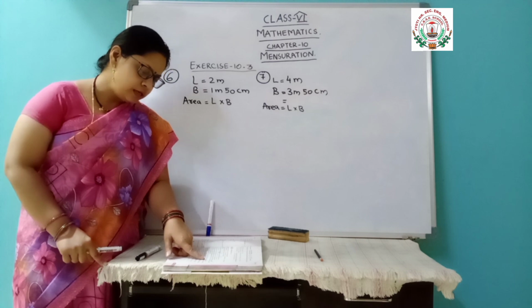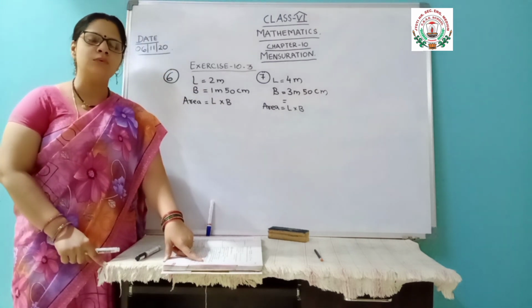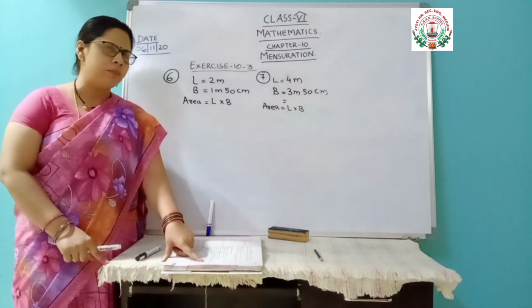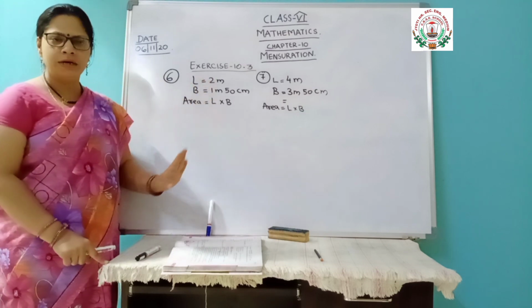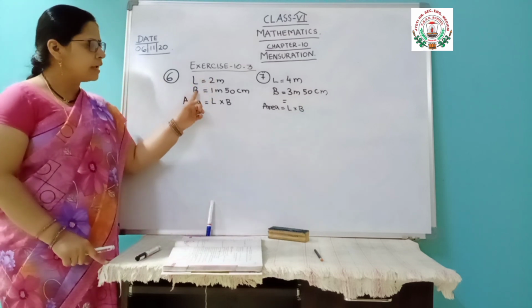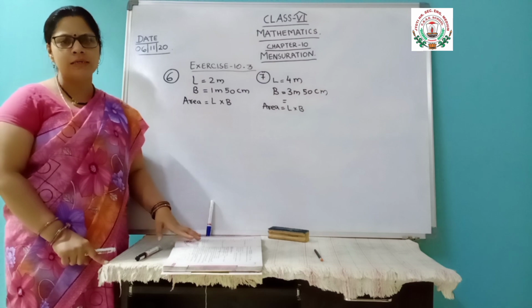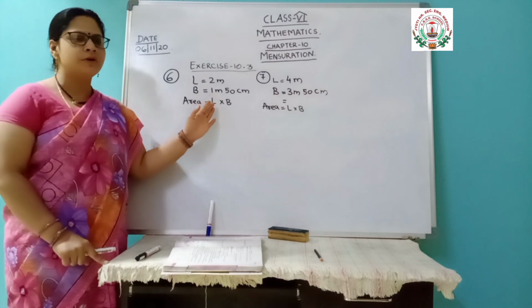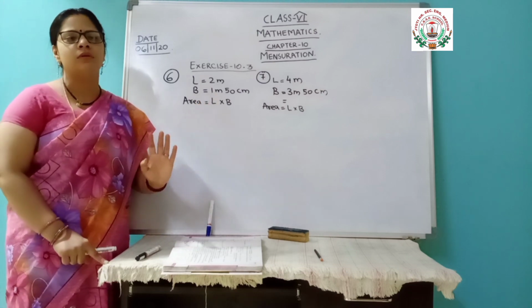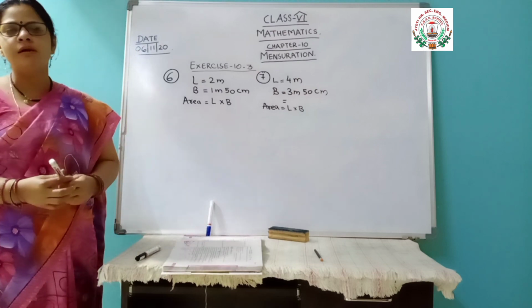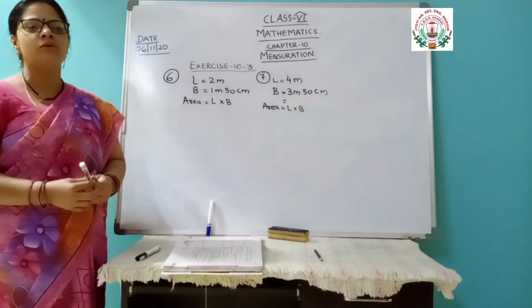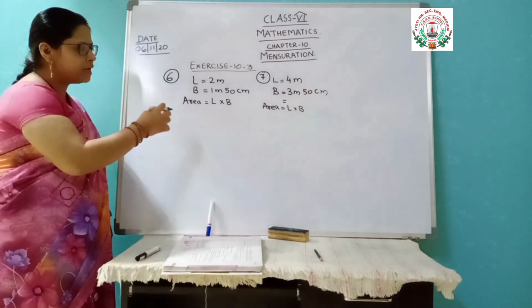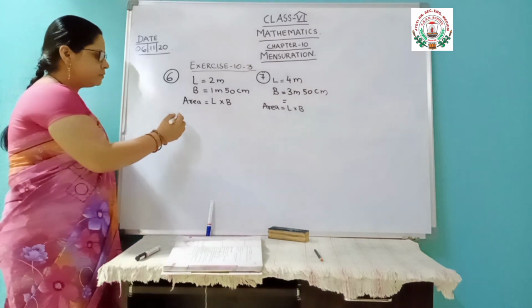Okay. Then in square meters, answer you have to find out only in square meters. This first value is in meter only, no problem. But the second value is in the combination of meter and centimeter. So you have to convert this full value into meters only. So let us see how we can convert this centimeter also in meter. So first I will explain the conversion.